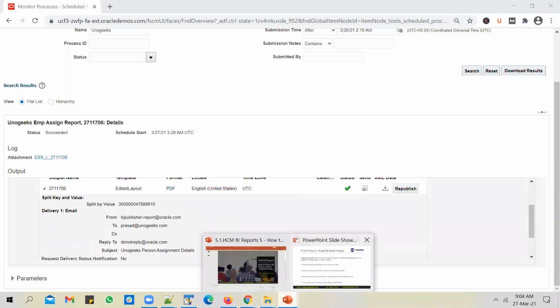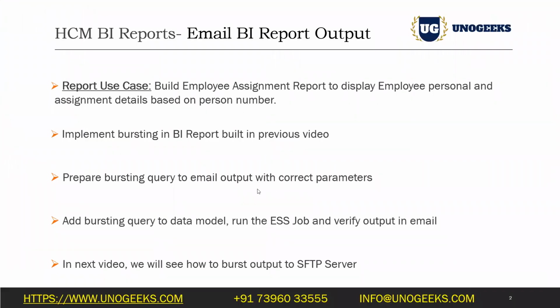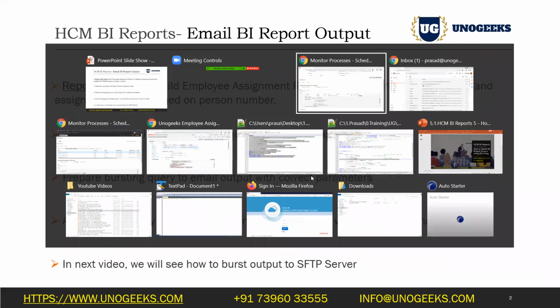But in case you want to burst the email or email the output of a BIP report with the help of bursting, this is how you do it. You come up with a bursting query first, use appropriate parameters as we have built the query here.